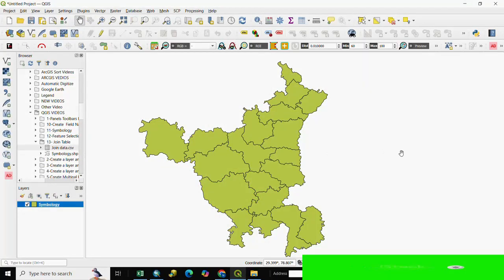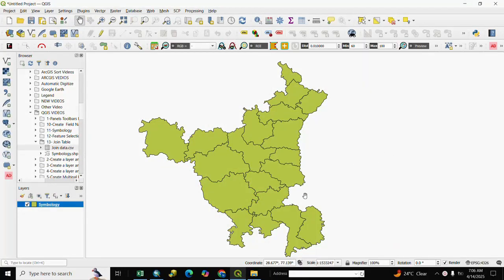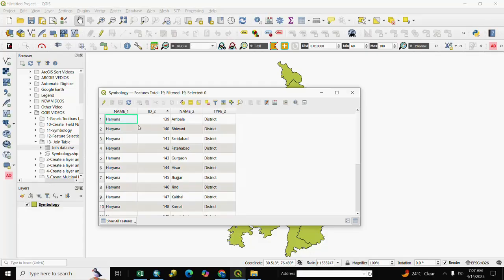Here is our QGIS, and we already added here shapefile. We check attribute. For attribute check we click here and we go to open attribute, and here is our attribute: name, id underscore 2, name 2 and type. We see here unique id underscore 2, we check it in Excel for same id.